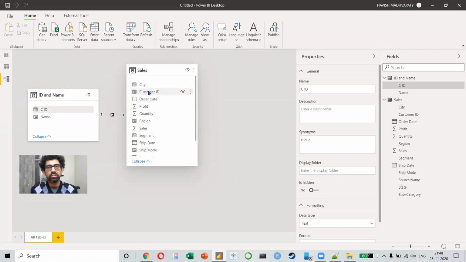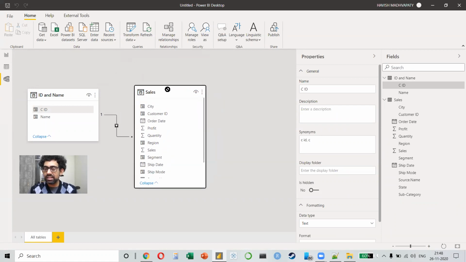Whether you drag the left one or the right one, it doesn't matter. Power BI will automatically connect it properly. You don't have to keep that in mind. And what has it done? It has created this relationship, which is a one to many relationship. This asterisk means it's a many. What does it mean? The table on the left has each customer ID mentioned one time because it's a dimension, right? It's my database. But the table on the right has customer ID mentioned multiple times because each customer could have purchased multiple times. It's not necessary, but there is a possibility.